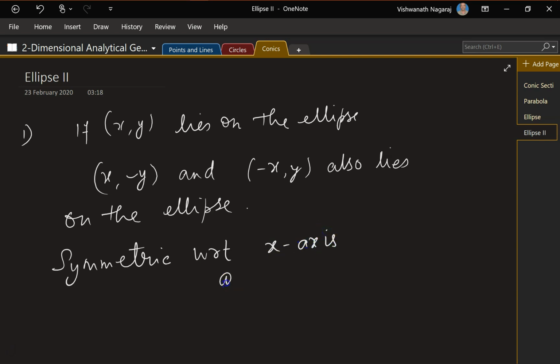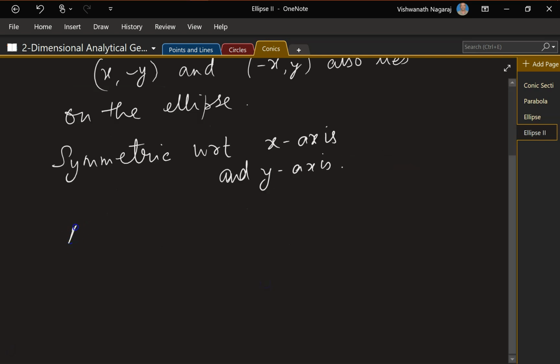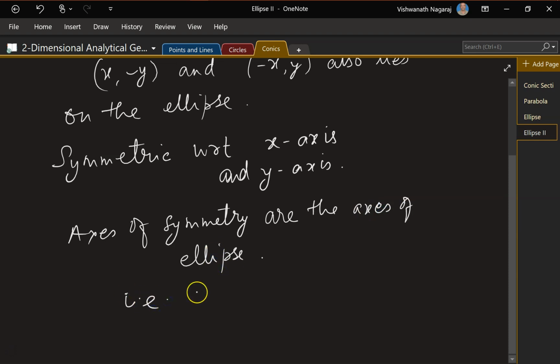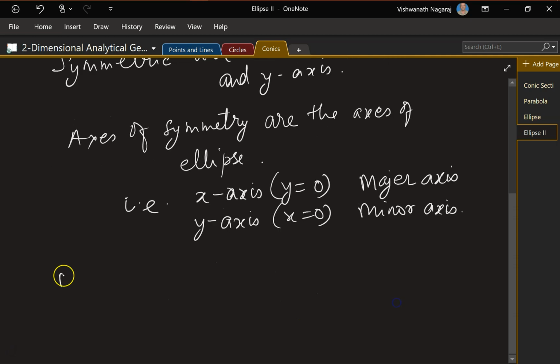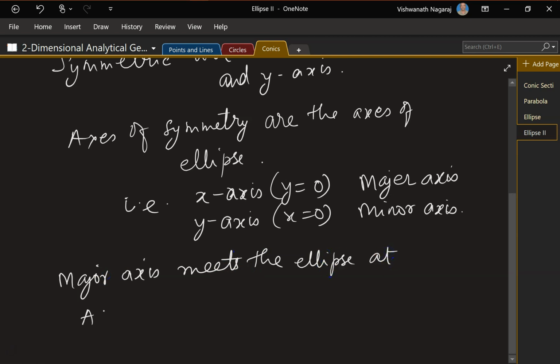x-axis and y-axis, and the axes of symmetry are the axes of the ellipse. That is, the x-axis, that is y equal to 0, is an axis of the ellipse and it's called the major axis. The y-axis, that is x equal to 0, is called the minor axis. Now the major axis meets the ellipse at, let's say, A at (a, 0) and